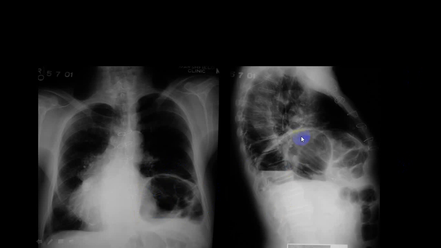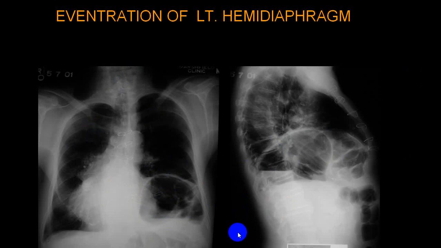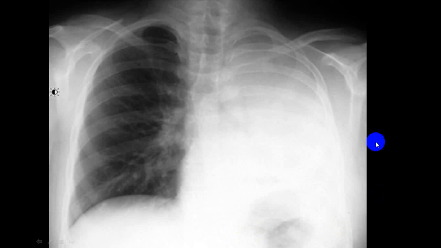You can see a lot of coils of intestine have been eventrated, and because of that there is a shift of mediastinum little towards the opposite side. It is not because of collapse on this side. So always try to identify that eventration of left hemidiaphragm. Now here if you see, I can't make out where the diaphragm is, but I can see some shadow here. So diaphragm has to be here only, and trachea is here, little towards this side.